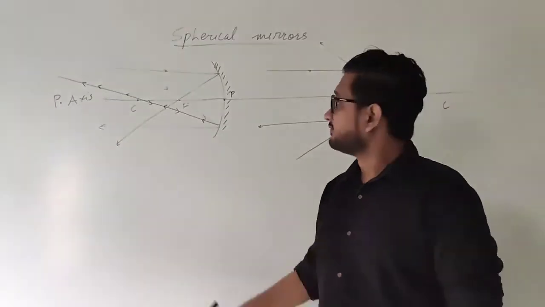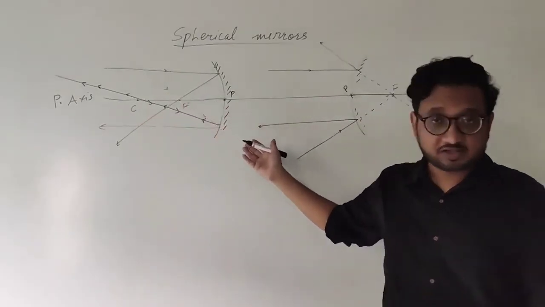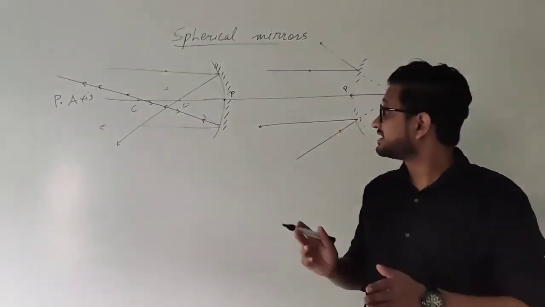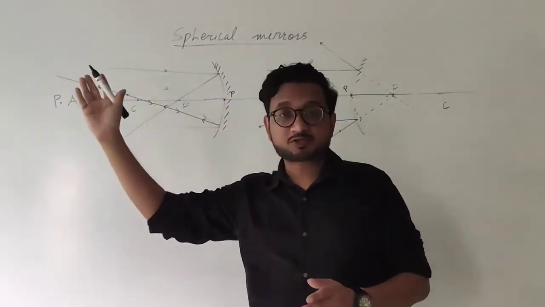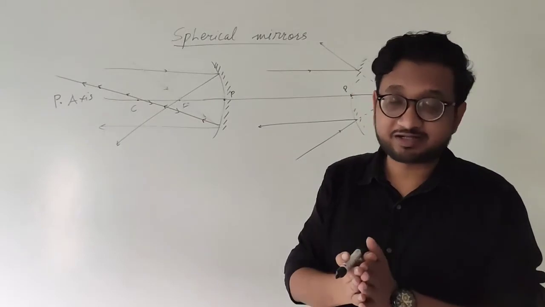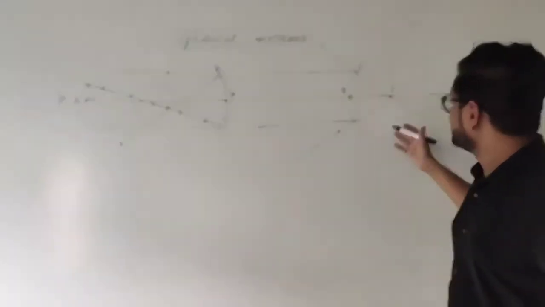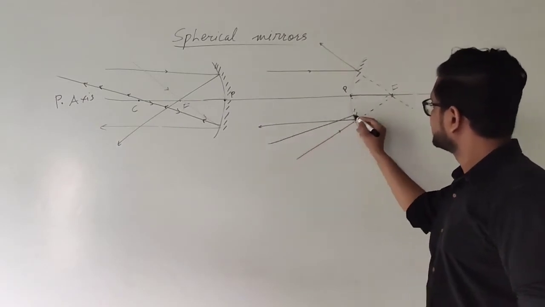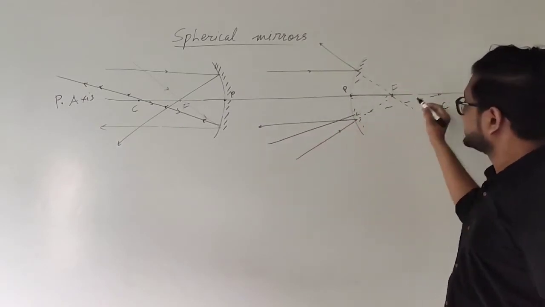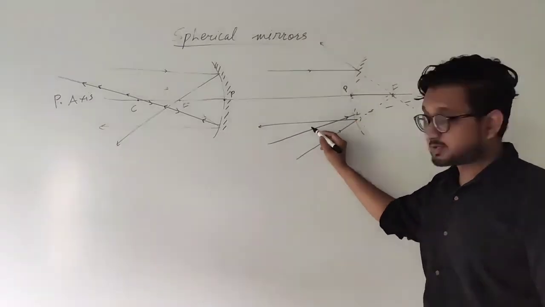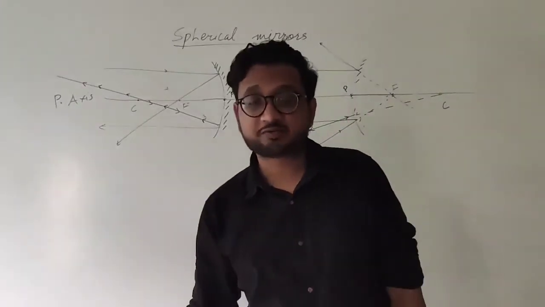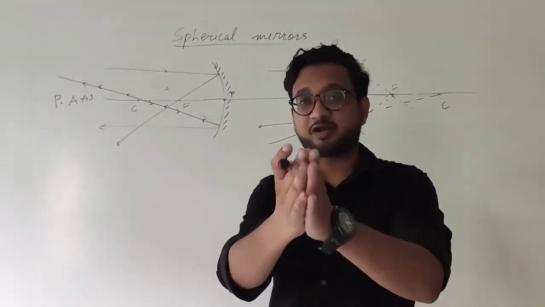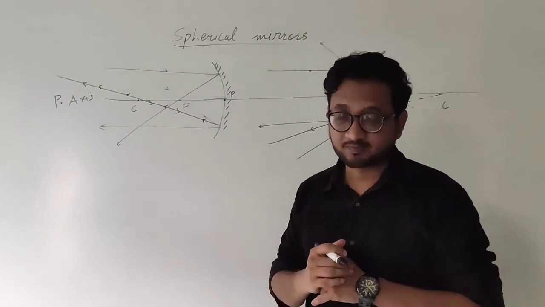Okay? When the ray of light passes through the center of curvature, it does not reflect and does not create an angle of incidence, and it just moves back on the same path where it came from. Okay? Similar in this case as well. Let's imagine a ray of light coming this way, passing through the center of curvature, then going this way and coming back on the same path. It will not change its path. It will just touch the mirror and fall back on the same path. I hope it is clear.